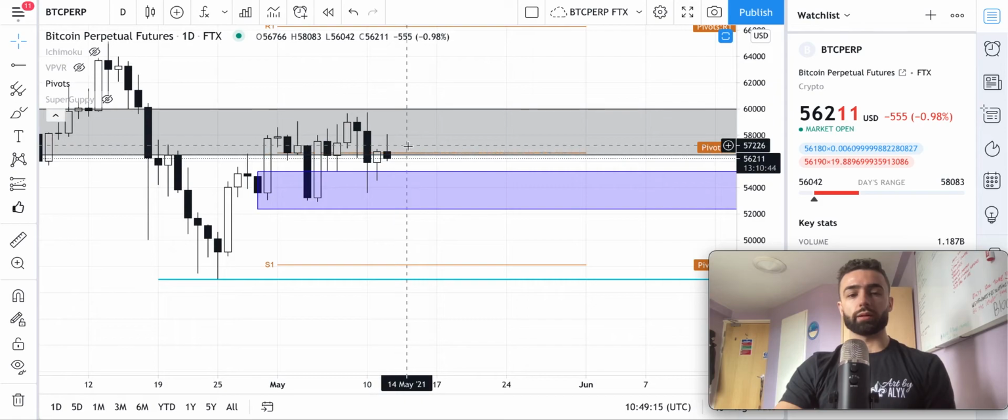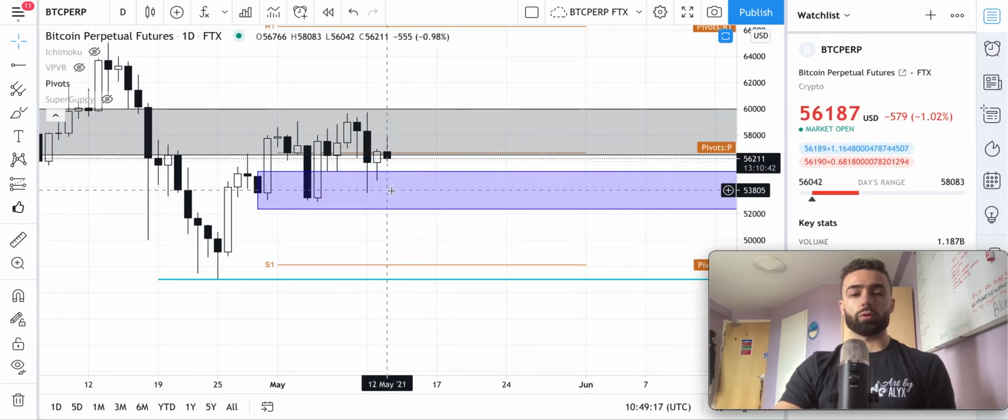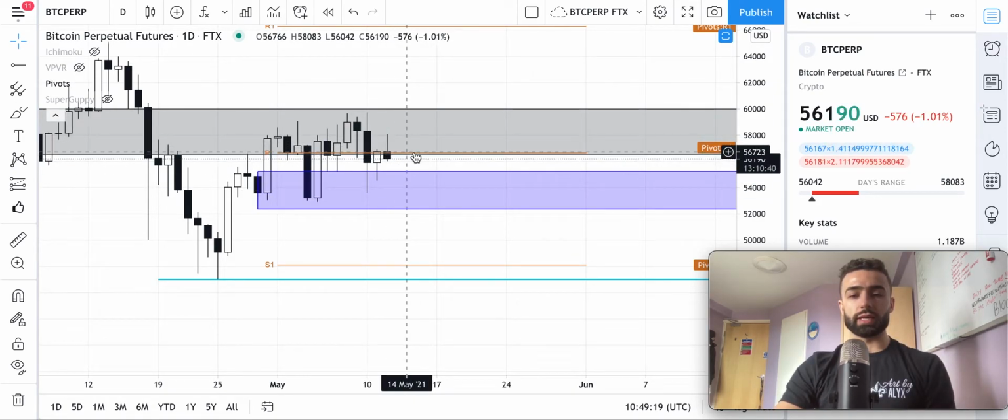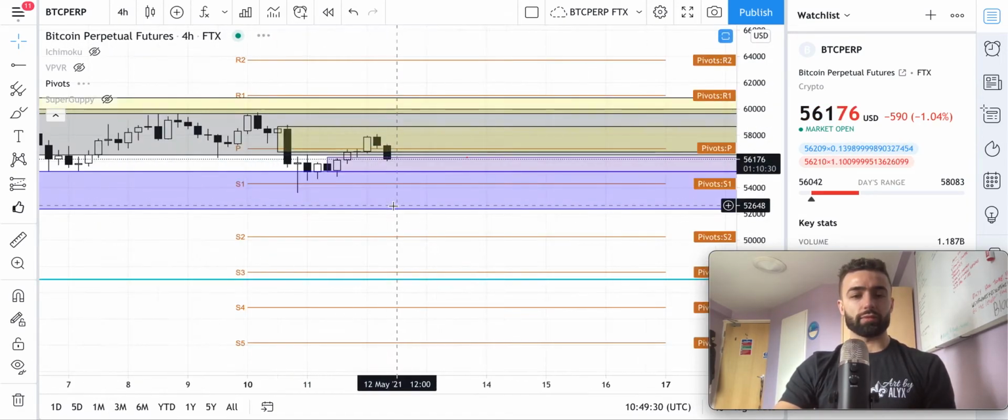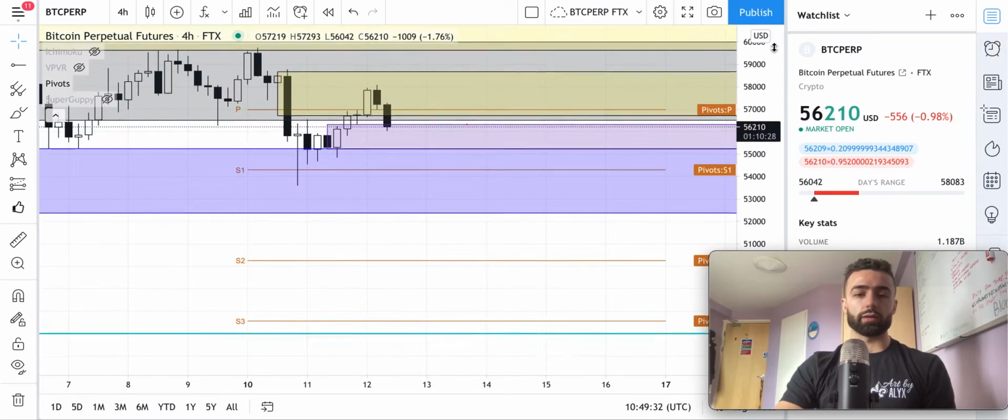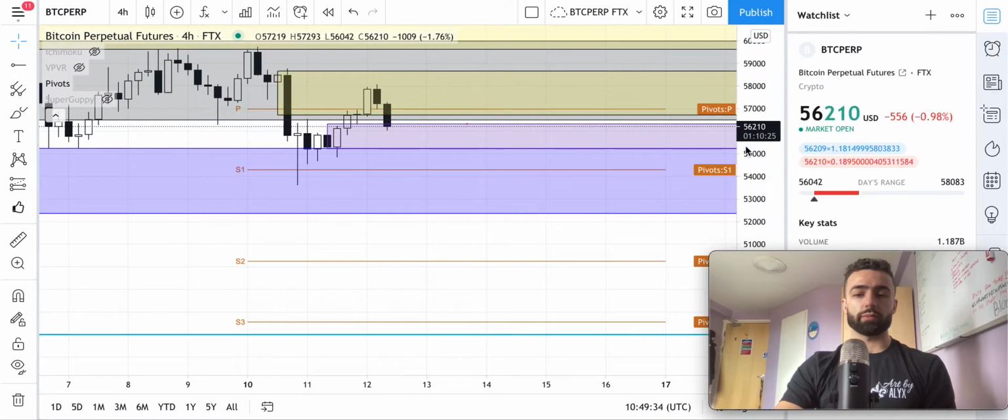Today's daily candle is looking pretty bearish so far. We'll see how we end up closing the day out. We're currently running into the daily pivot level here, which is hard to see, but it's this orange line right here, right around 56.7. Let's go to the 4-hour time frame and look at the 2 shorter term time frames,